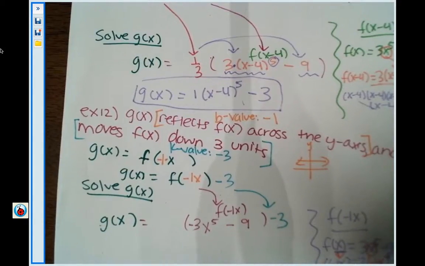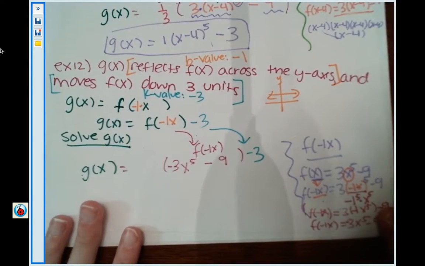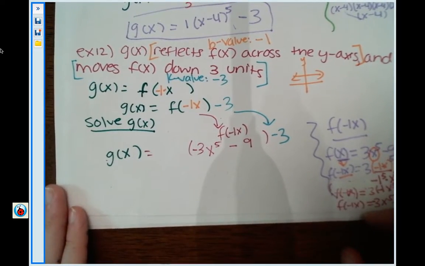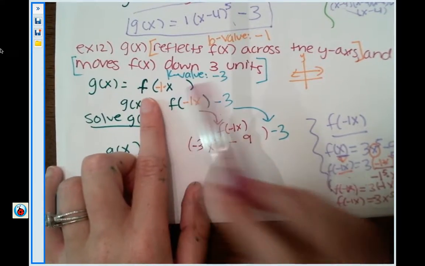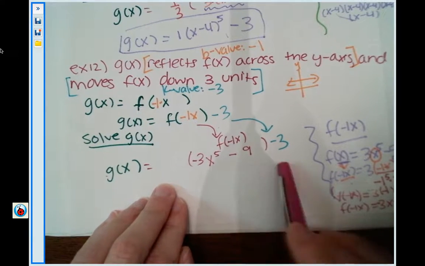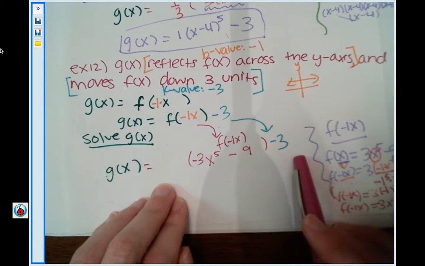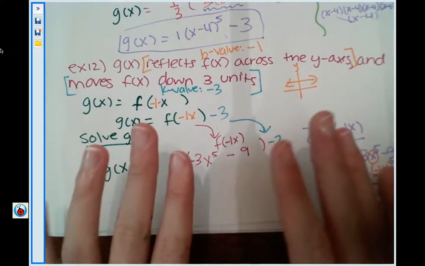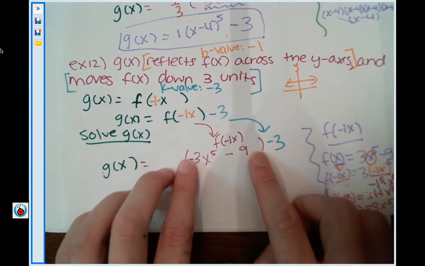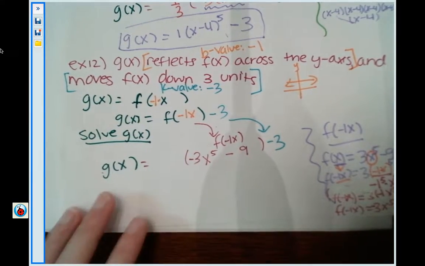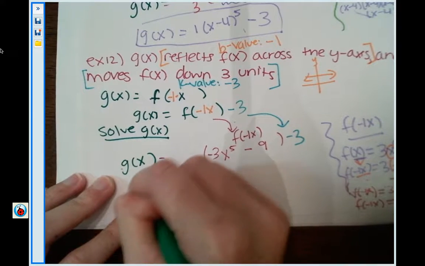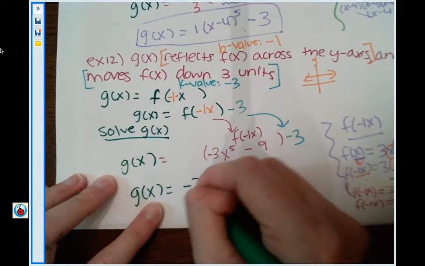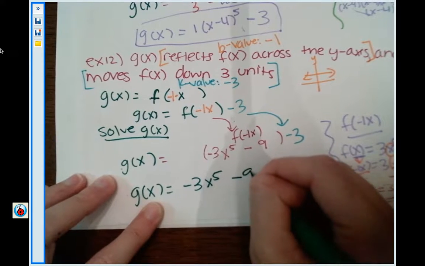Alright, so let's see if we can finish this problem without screwing up one more time. Sorry, guys. Okay, so again, anytime you have something in a parenthesis, you need to do some scratch work to solve for what goes in here. Okay, so I have nothing that's multiplying in my parenthesis. The only thing I have going on outside the parenthesis is something added or subtracted. So remember, you guys, whenever you have something added or subtracted, all we do is simply drop the parenthesis and combine our like terms. So we have g of x equals negative 3x to the 5th minus 9, and then